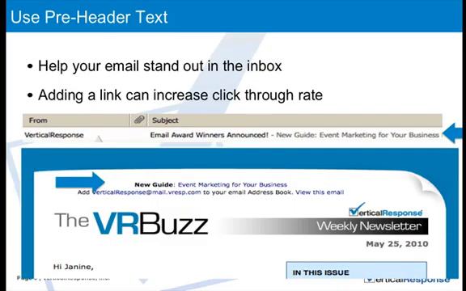So the first thing I'm going to talk about is preheader text. Preheader text is something that we really recommend that you do, and I've noticed that not a lot of people are doing right now. This will come into play a little bit later in the webinar. But preheader text is basically the first line of text in your email campaign. Preheader usually refers to the information that comes before the header of your email. So before the, excuse me, before the